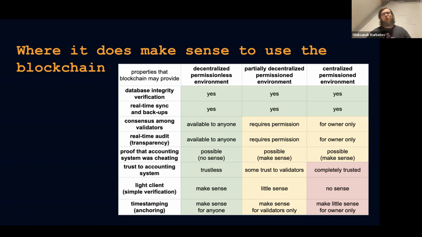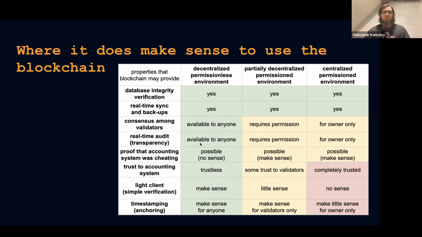Moreover, it can be only the owner of this platform. It means if you created your own voting system that's deployed on one server, and the server can be controlled only by you, and you can reject all external connections and be responsible only for the server, then only you can be the validator of this accounting system.